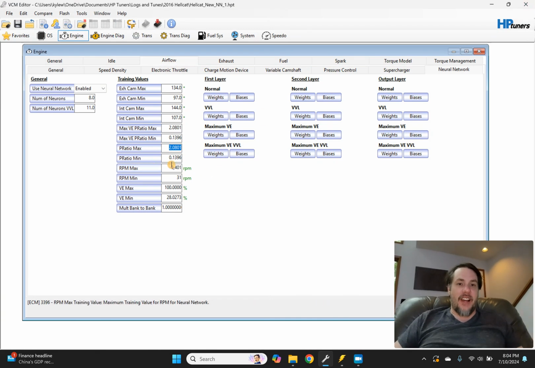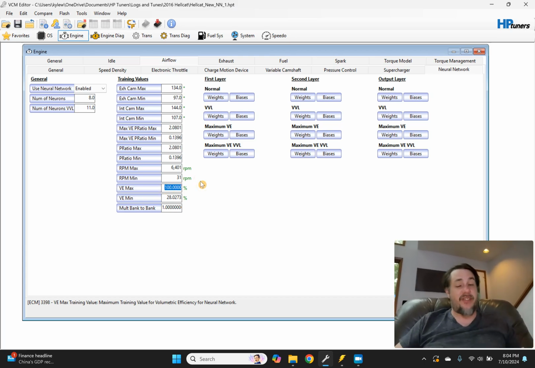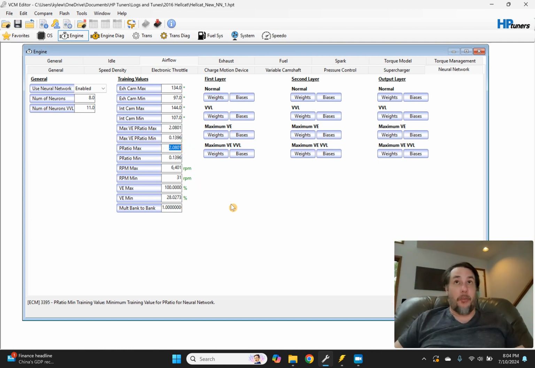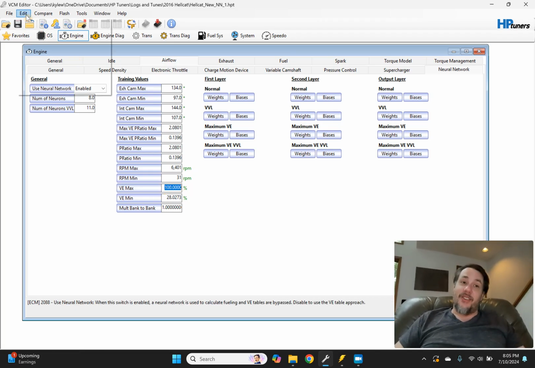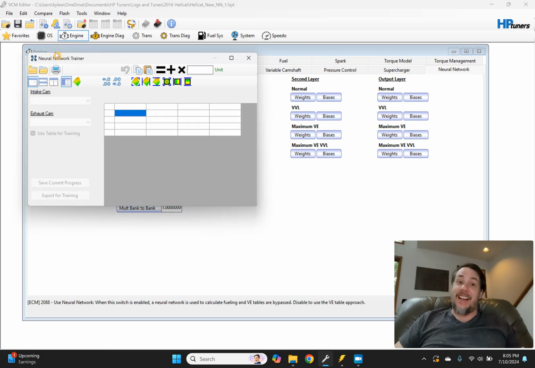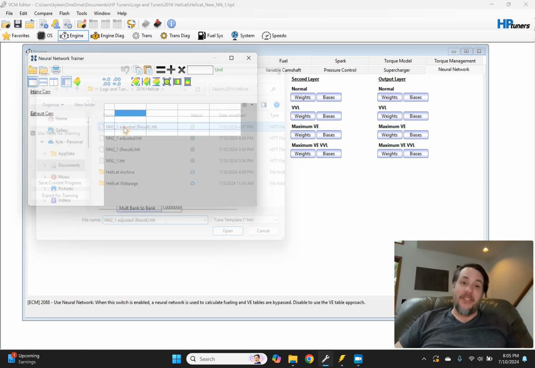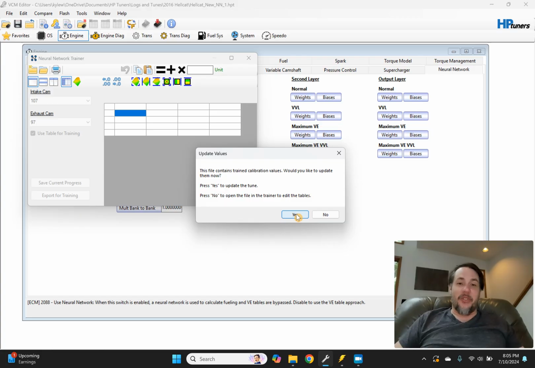If we close this out and look, we've got a VE max of 100%, which is not true because we have a pressure ratio of 2.1, almost 2.1, which means 15 psi of boost. At 14 and a half psi, we should be at close to 200% VE. So I'm not sure what's going on with that side of things, but nonetheless, as we look through some of these,